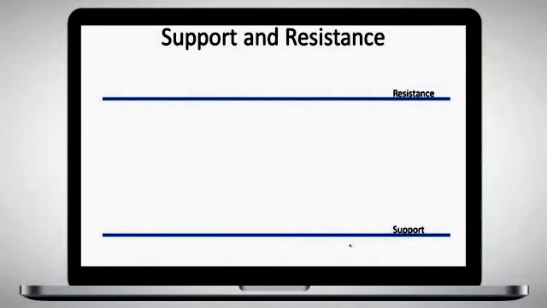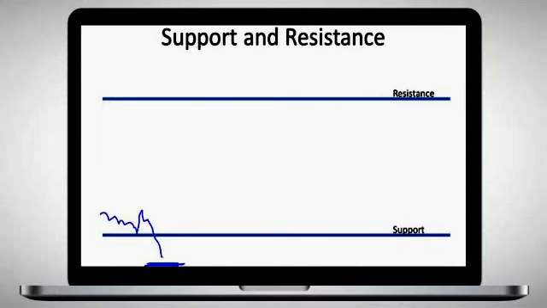So support is a level at which buyers are lurking or hiding. Maybe people have limit orders to buy at that level. And what happens is, as the asset's trading in towards the support, you'll typically see a bounce off the support. A bounce off a support is a bullish signal, a sign that momentum is about to change. Similarly, if the asset were to fall through support, that's a bearish signal that maybe those buyers that were hiding there before are now gone. So we'll have to look down here for the next support level. We'll have to try to figure out where that is,